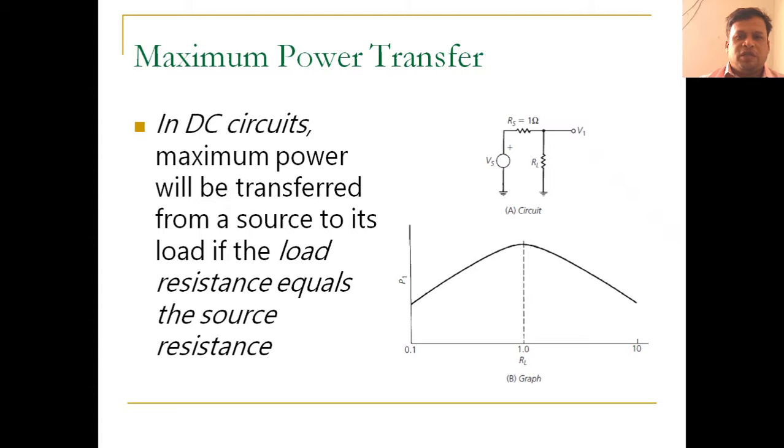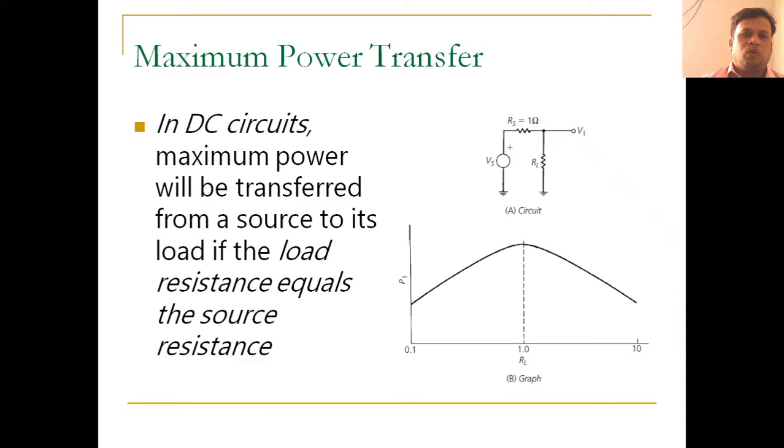Having a voltage source Vs in the circuit shown here, RS is 1 ohm and RL is not given here. But if we find that RL is equal to RS, then definitely the maximum power will be transferred at the load resistance RL. So now we will substitute the value of RL and find the maximum power transfer.